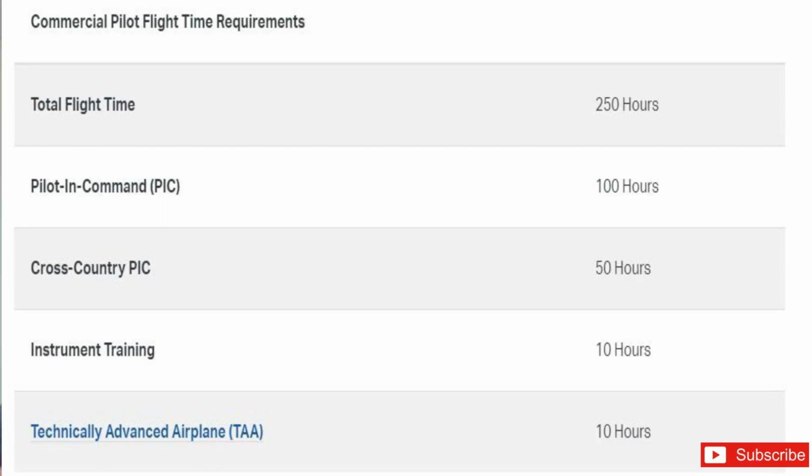And in order to get your commercial, you need to have about 250 hours of total flight time. You need 100 hours of PIC time. You need 50 hours of cross-country time, 10 hours of instrument training, and you need 10 hours of a technically advanced airplane. Basically what that means is it has like a moving map, and the HSI is kind of digital, like attitude, altimeter, almost like a glass cockpit can be considered a TAA,